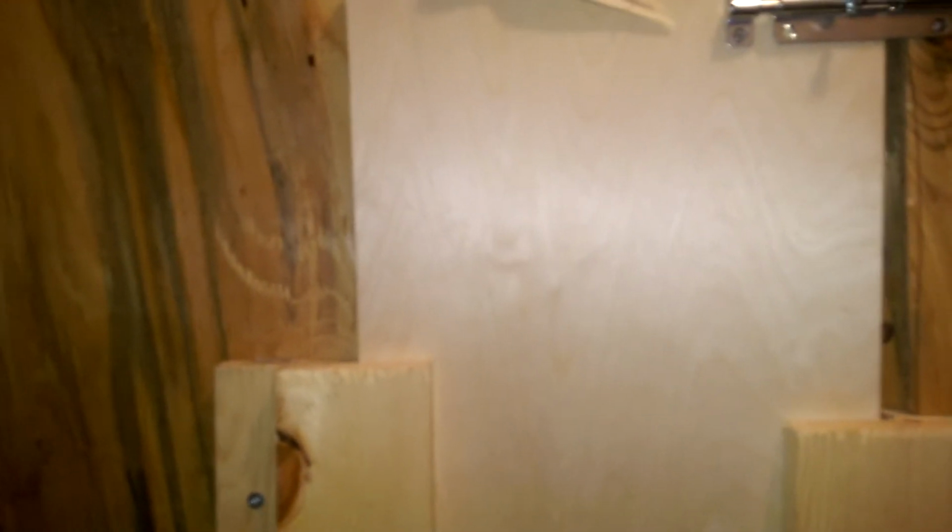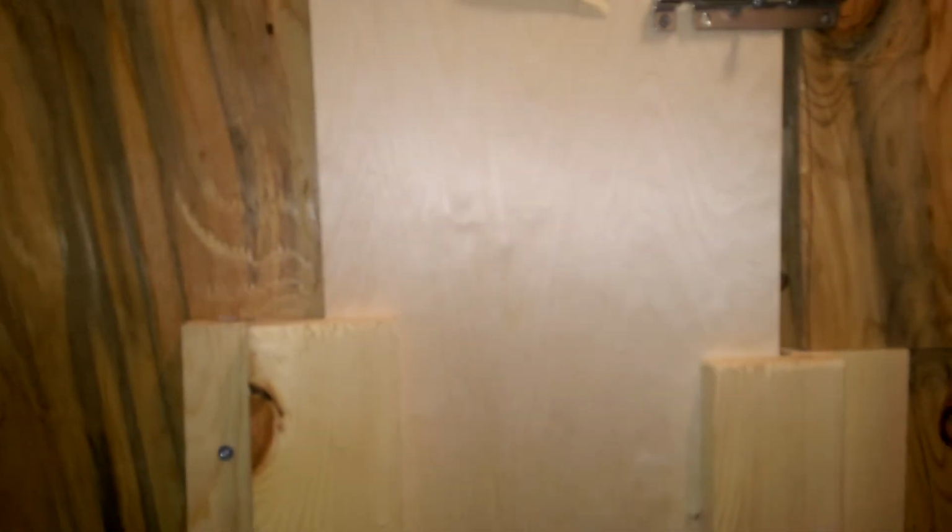So let me just go ahead and show you the drop. I will be standing behind here. Because of my limitations of not having a vehicle to transport the wood, I had to do some compromising. I wish the opening was a little higher, to my height, but I'm really going to have to be ducking down a little bit, but no big deal. Basically, I'm going to hear the cue from the hostess outside on the other side. I might also add a peephole there so I can actually see them. And then as soon as I see them,